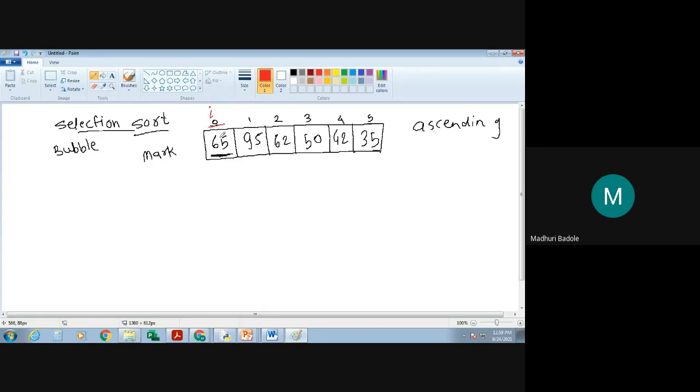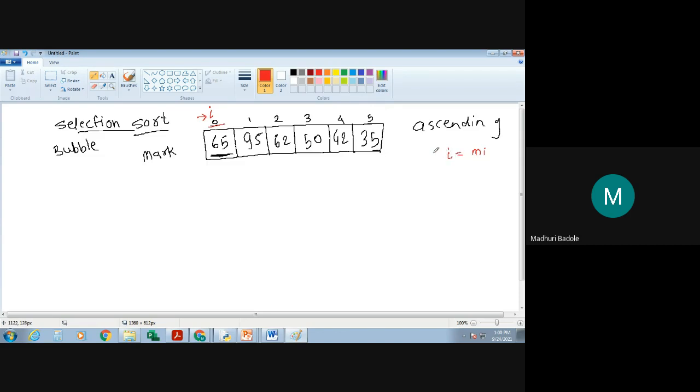Fine. And as we know that from the complete array, I should search for the minimum element. And I just want to place that element at the first location, or we can say at the ith location. Get it? So what I will do, I will reserve that i location index in some particular variable. Suppose that variable is the minimum index. Shortly I write it as mi, minimum index.